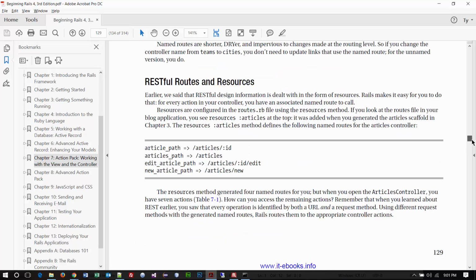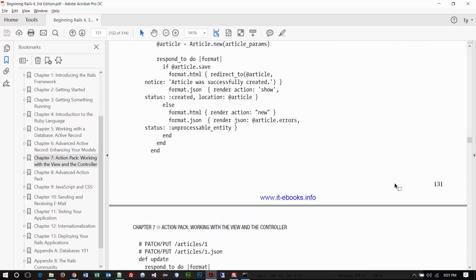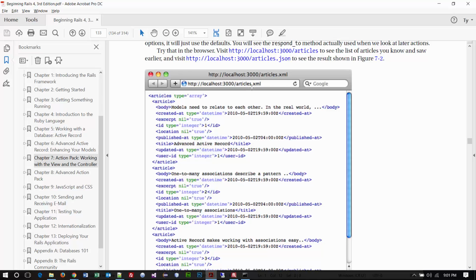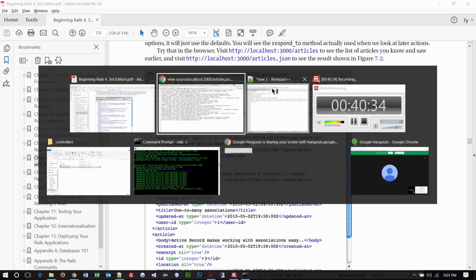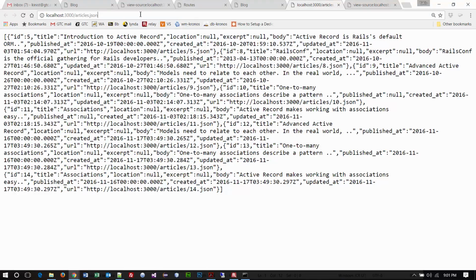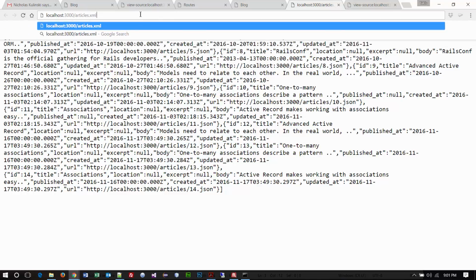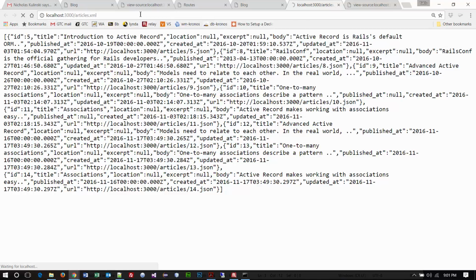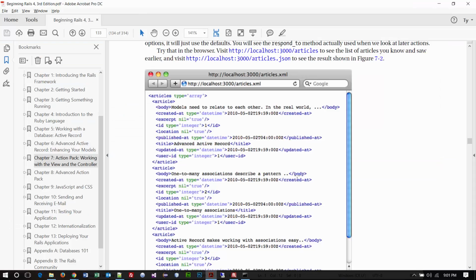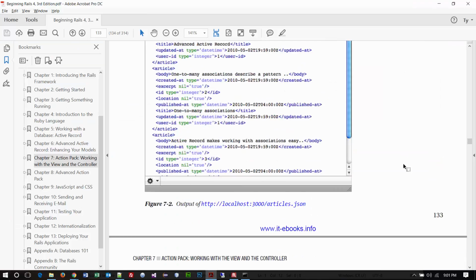The thing that's interesting in the book, though, look at what they're doing here. Oh, and I lost my page. They have you click on the JSON and you see the raw version of it. But do you notice that they actually have here an XML output? Should we try that? Do you guys think we'll see anything? No, we don't. Because that's not defined. That format for conversion is not defined. However, if we were to add that format as an available option,